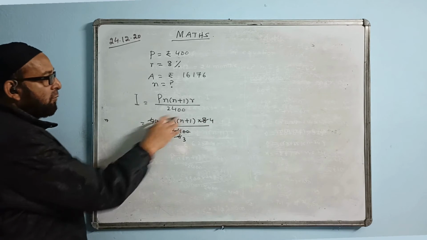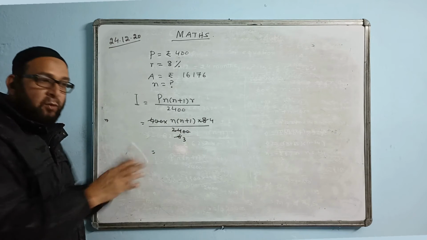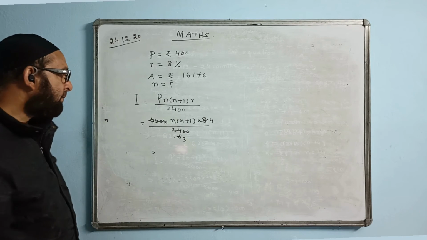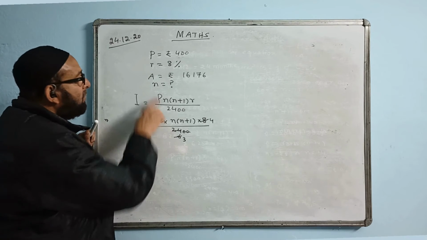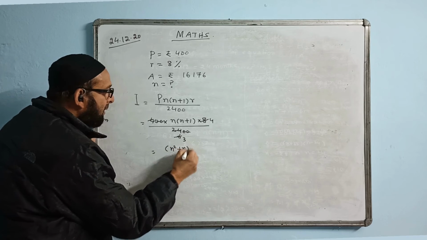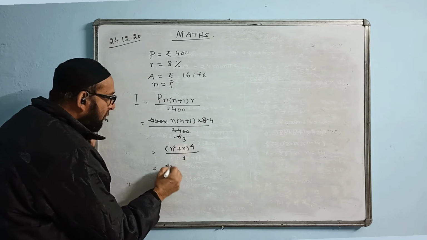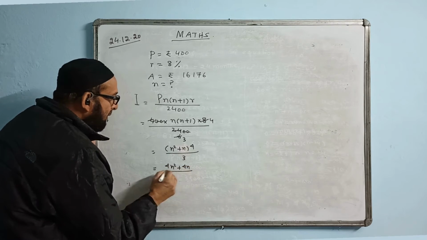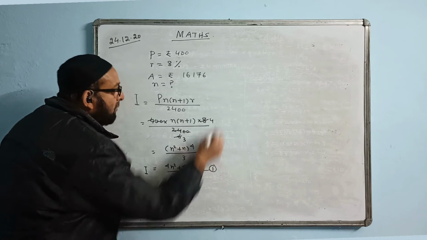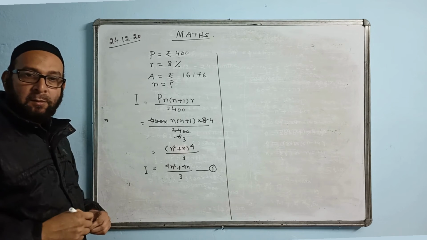If the I value were given, then we could have found the value of n plus 1 by that method, factors and two consecutive numbers, which I did just previously. But here we cannot do like that because A is given. Multiply this one with n, you get n square plus n, 4 by 3. With 4 also I will multiply, 4n square plus 4n by 3. You can mark this as equation 1. The I value is coming this much.